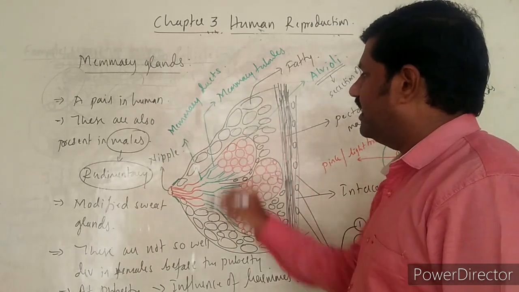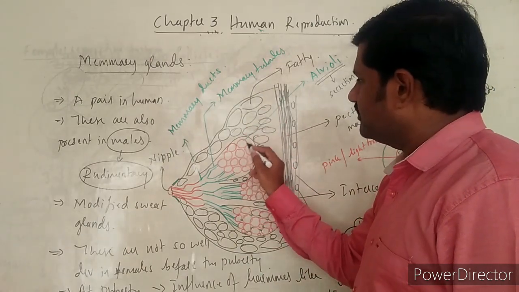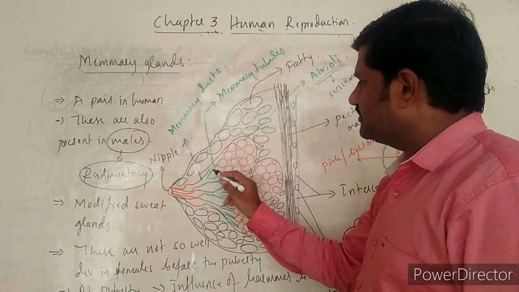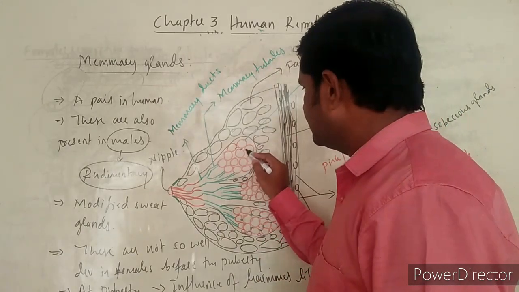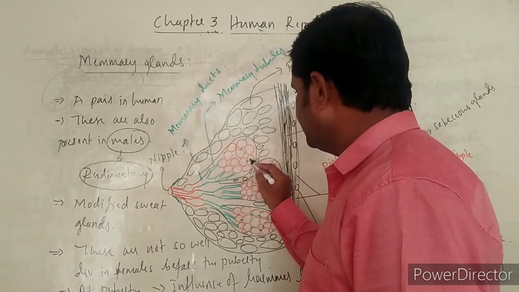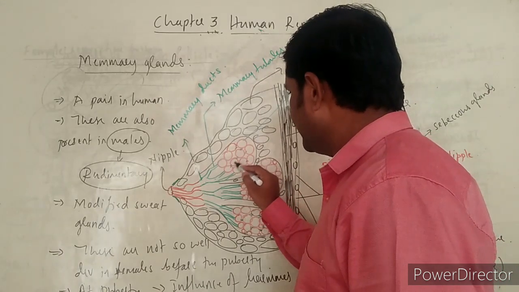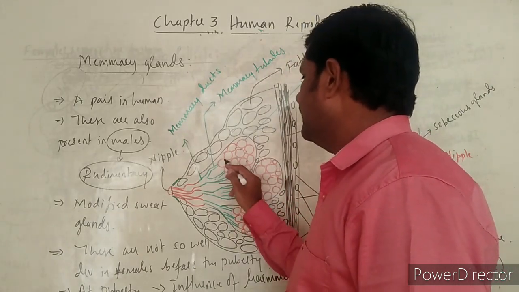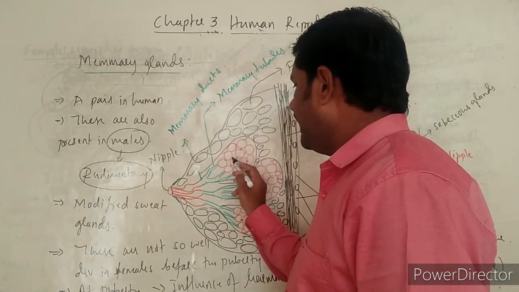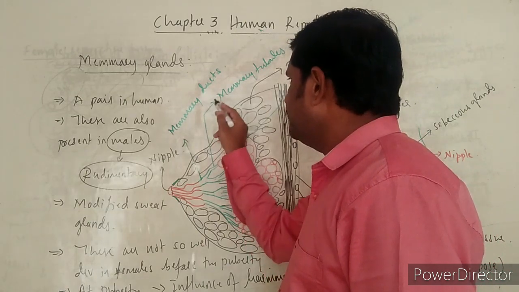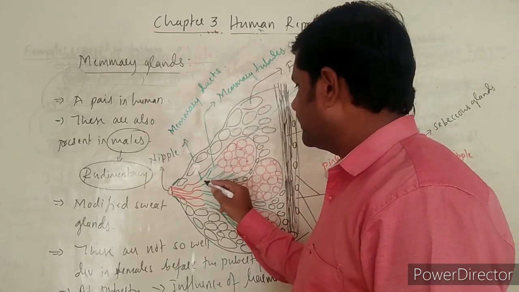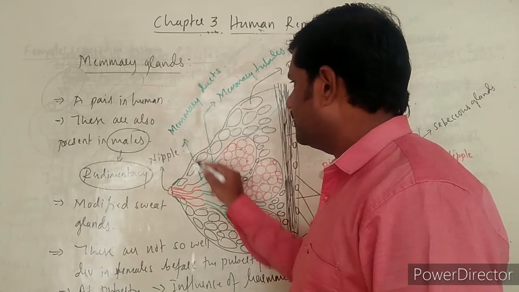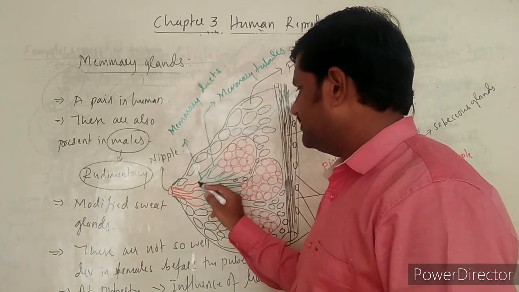From these alveoli there are many tubules, and those tubules are called mammary tubules. These mammary tubules collect the milk from each alveolus, and from the mammary tubule it comes to the common passage called the mammary duct, and from the mammary ducts